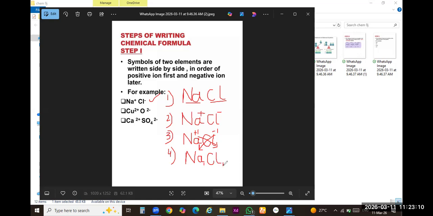Write down their valences in the lower right corner. Done? In the fifth step, keep it in your mind. If the valences are the same, it will be offset. Clear? No need to write the valency and no need to write the number 1. If there is a number 1, it will be dropped. No need to write the number 1.